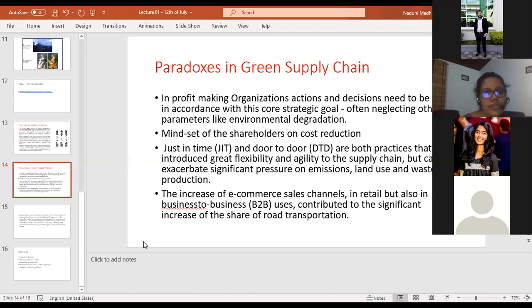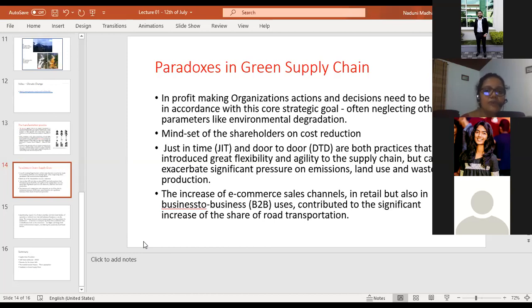And the second point is the mindset of shareholders on cost reduction. The point I want to convey here is that shareholders are focusing only on the share that they are going to get from the profit. It may be based on the cost reduction. So if it's the mindset of shareholders on cost reduction, it might be a bit difficult for the business organization, the management, to implement the green initiatives, because